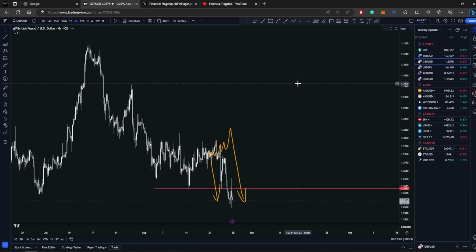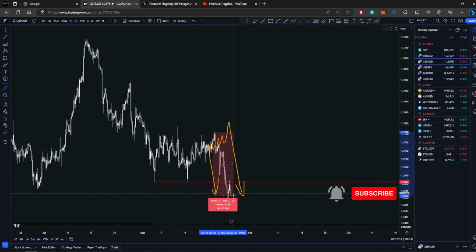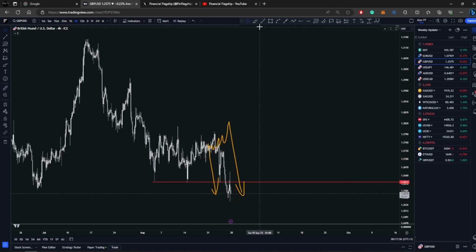For GBPUSD, last week I was expecting GBPUSD to drop, and as you can see from my chart, the price dropped and broke this low here as we were expecting it to do. So we have here more than 200 pips, 240 pips. We had two scenarios in play. I was expecting one of them to completely drop from this area here and break this low, and the second one was a move towards the upside, break this top again, and then fall.